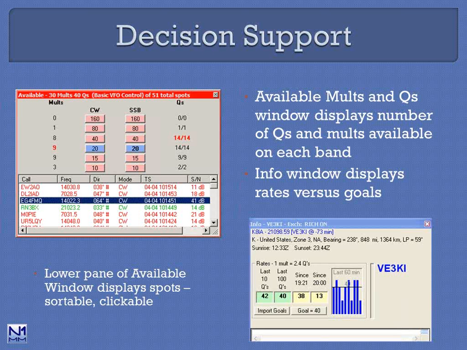Now I mentioned DX cluster interfaces. The principal DX cluster interface for N1MM Logger is in the lower pane of the available window right here. Again, the color codes are there: single mults, double mults. A click on the call sign will put it into the entry window to work and move the radio to that frequency. You can sort any of these columns by clicking on the headings here,